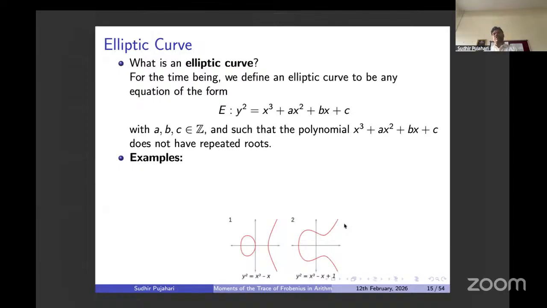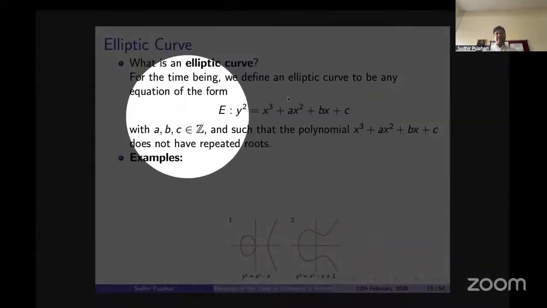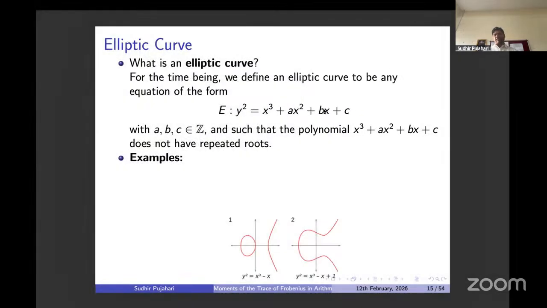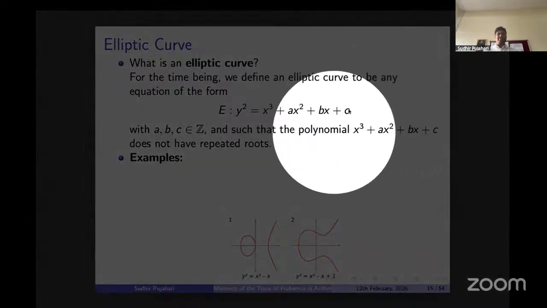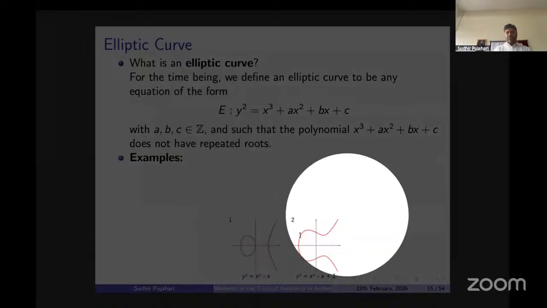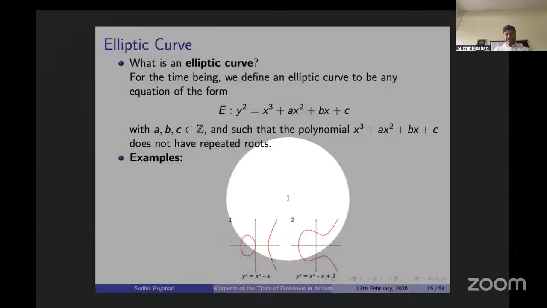So in order to introduce what the Sato-Tate conjecture is, let me introduce very briefly elliptic curves. Elliptic curves are mainly cubic equations. An elliptic curve over any field means we can take a, b, c belonging to the field. In particular, for an elliptic curve over Q, by taking the LCM, we can say an elliptic curve is a cubic equation which does not have any repeated roots. In particular, these are examples of two elliptic curves and their graphs.